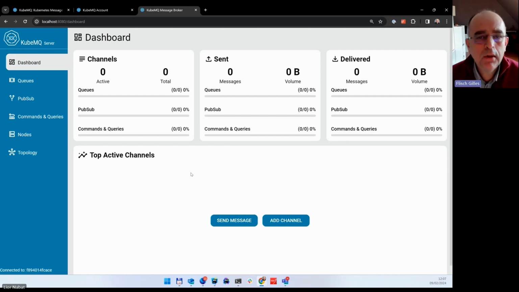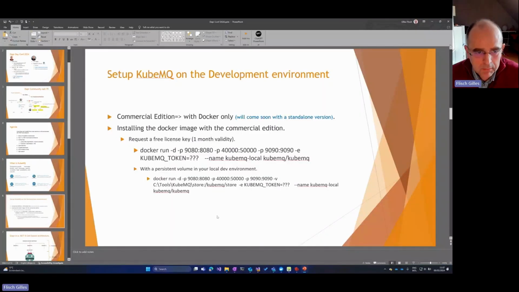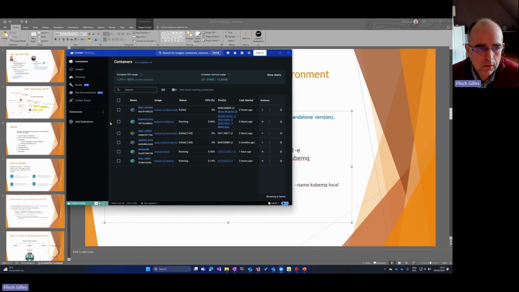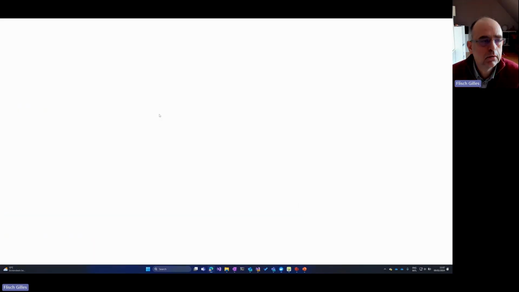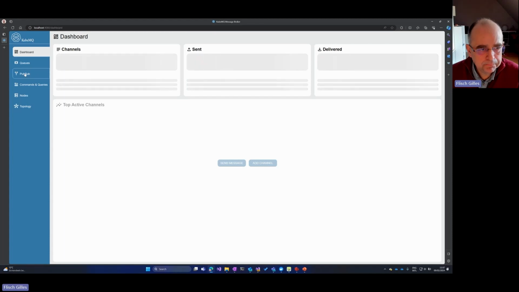Okay, fine. So I will now share my screen to show you what I'm personally doing. I'm back to the presentation. You see that I'm mapping a volume, meaning that if I go to my local dev environment and click on the dashboard of KubeMQ, we can see that I already have